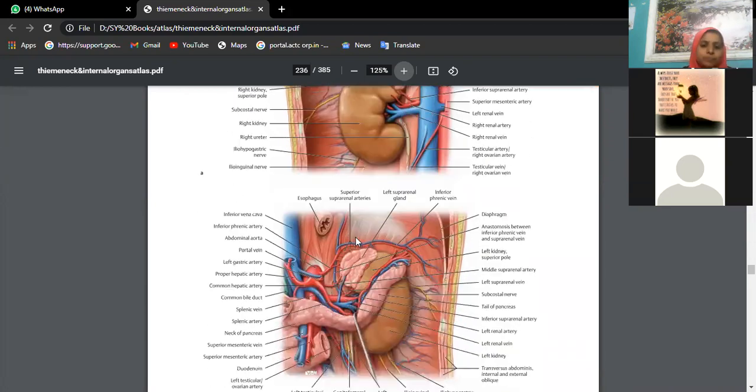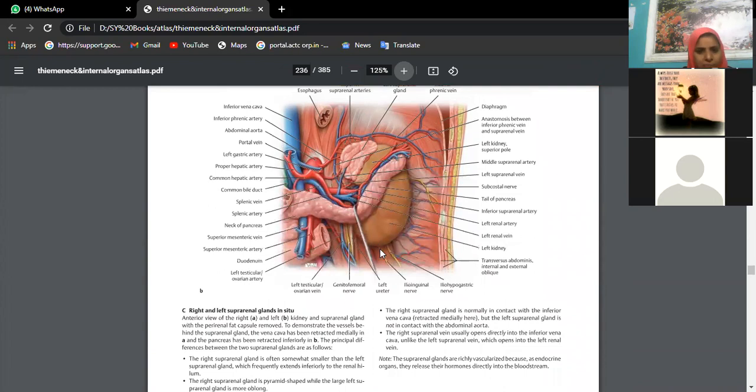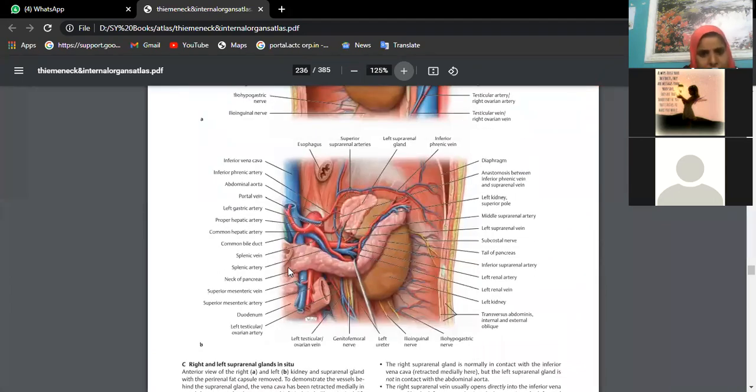Then this is the left kidney. In the left kidney, certain structures are still shown intact. This is the duodenum, within which we have the head and neck. This is the body of the pancreas and tail of the pancreas, which form the anterior relations of the left kidney. This is the splenic artery and splenic vein. This is the left suprarenal gland. A few structures which form anterior relations are still shown here. Behind, same thing as I told you, PQT: psoas major, quadratus lumborum, and transversus abdominis. You also have the iliohypogastric and ilioinguinal nerves, which form the posterior relations, and the subcostal vessels and nerves.